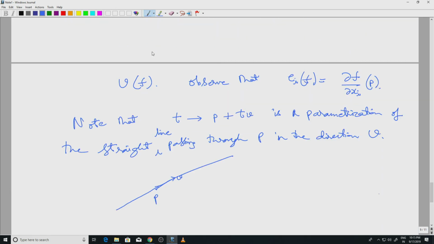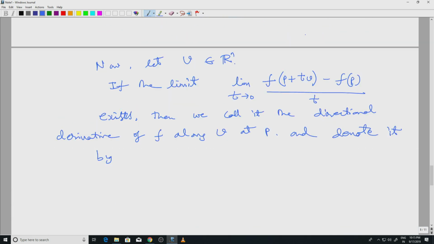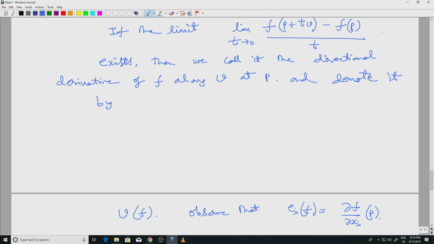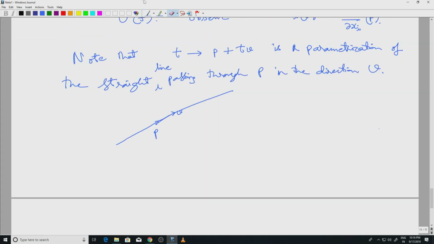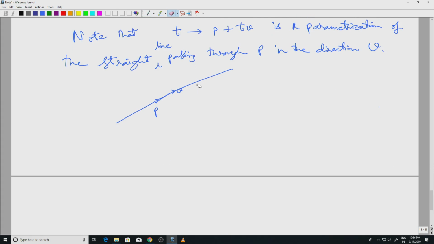So that is why this derivative is a function of one variable. F itself is a function on an open set in Rn, but if I regard it as a function of t, it becomes a function of one variable. That's why this is very reminiscent of the classical derivative in the one variable case. So I could easily just divide by t and take the limit. The reason I mention this here is that